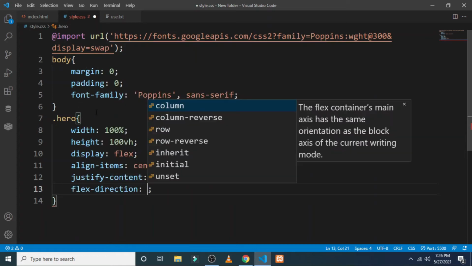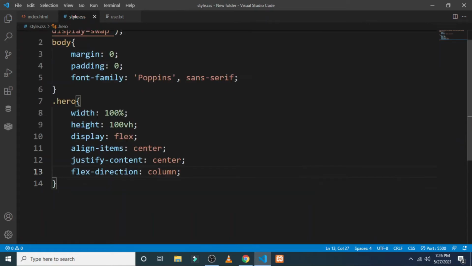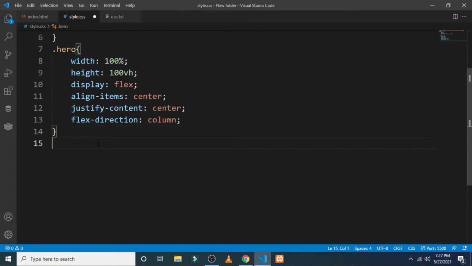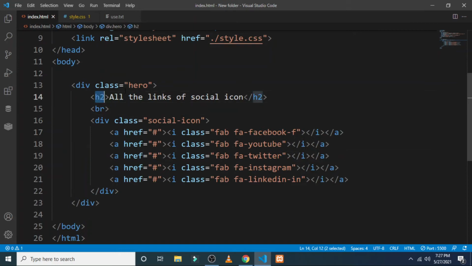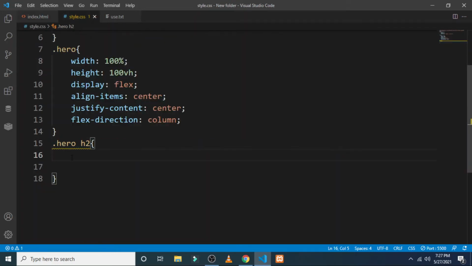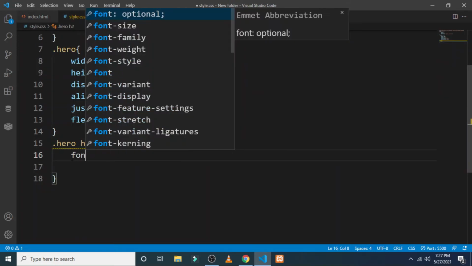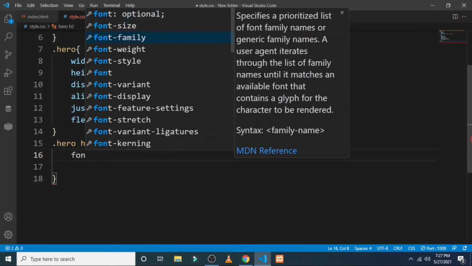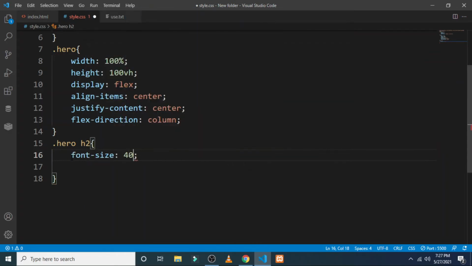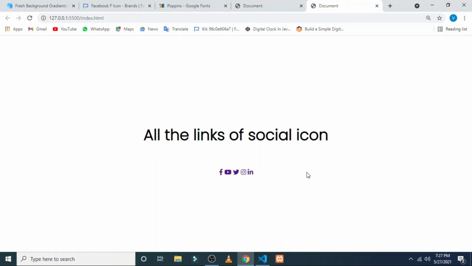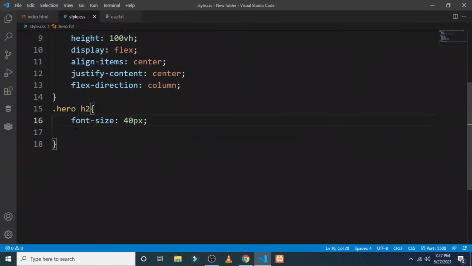Here I have used flex direction column, and then this section will come from the heading. I have the heading in the hero class, so I have put it. Here you have to put the font size to 40 pixels so that it will be visible from far away. After saving, we are going to style the anchor tag.